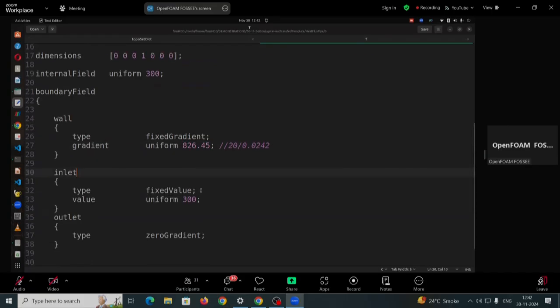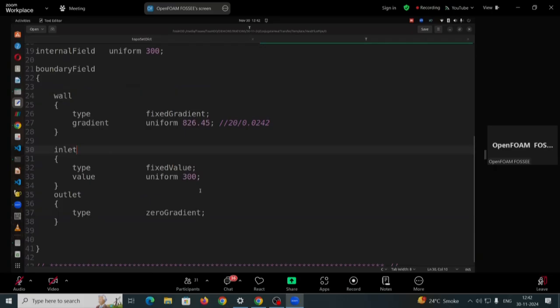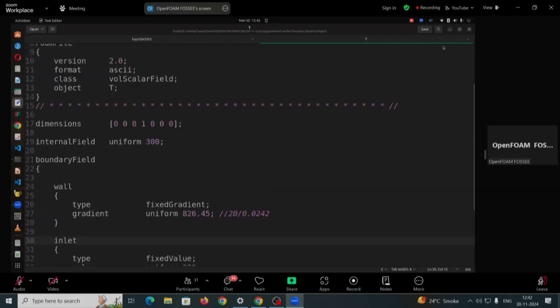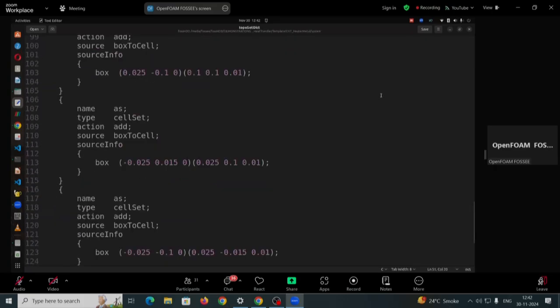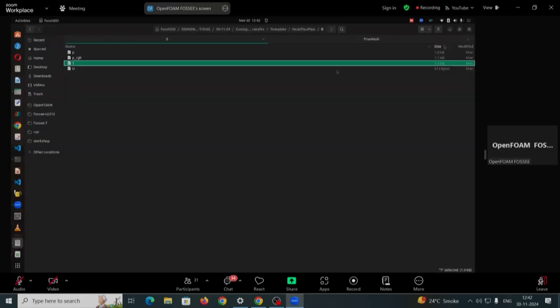Okay. Then at inlet, my temperature is 300 and at the outlet, it is zero gradient. So this is the only boundary condition. So remember this. Now, along with that, so in the heat flux pipe,